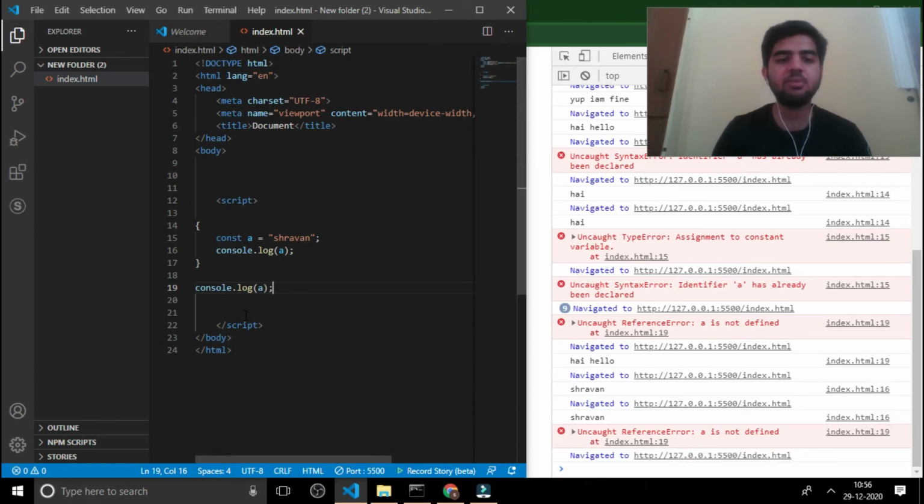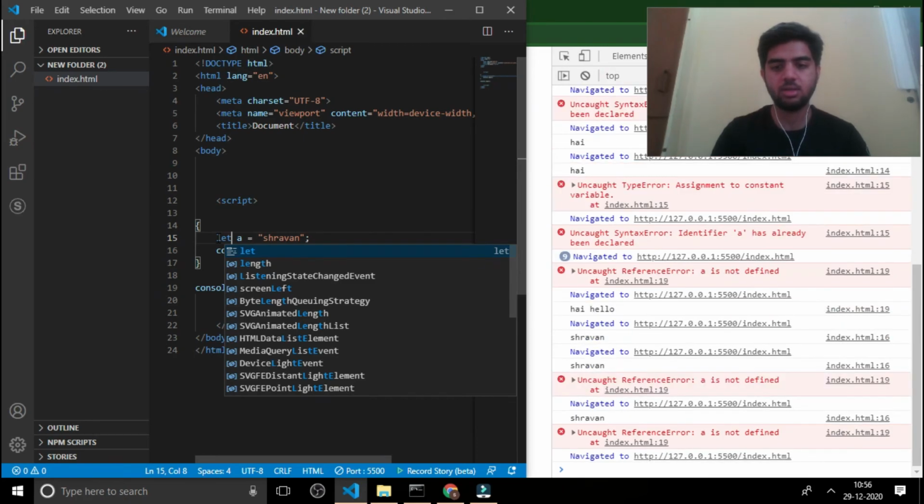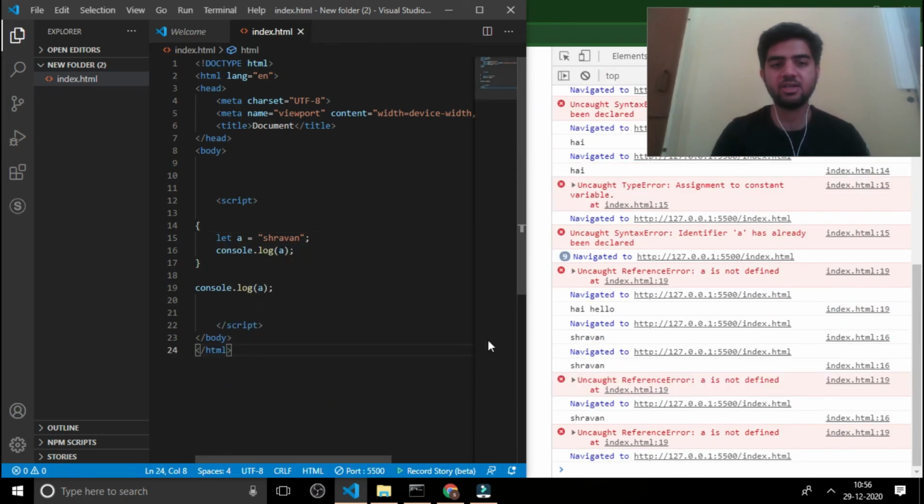What do you mean by that? When you declare a const inside a block, it is accessible only inside that block. If you come out of that block, it is not accessible. Similarly, let works the same way. I'll just show. Even let works the same. Let is block scoped. You have declared let a equal to my name, and if I take this for a while,